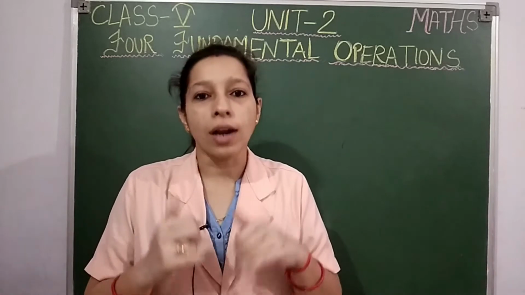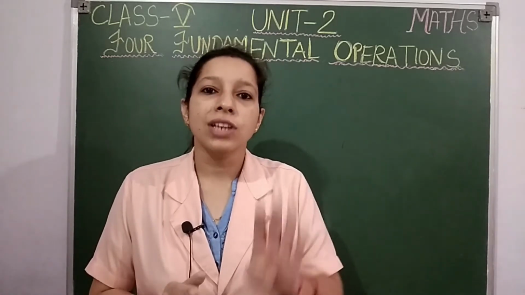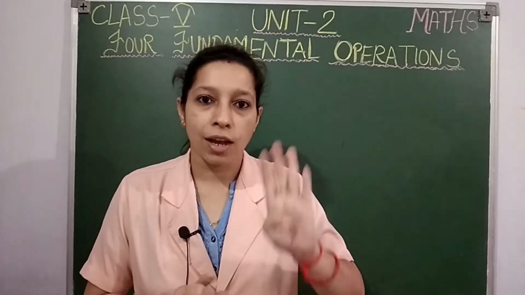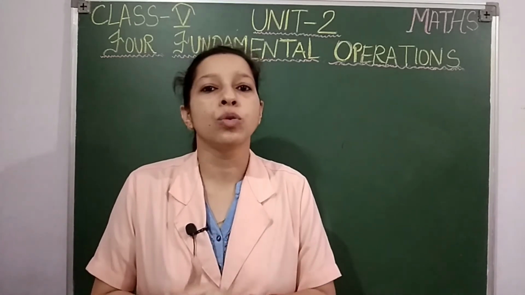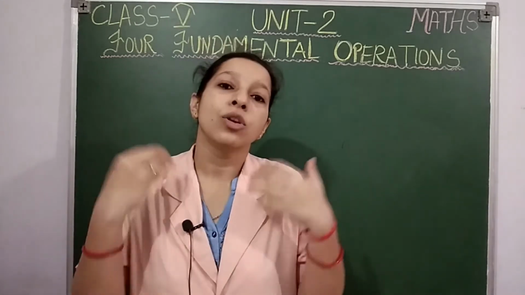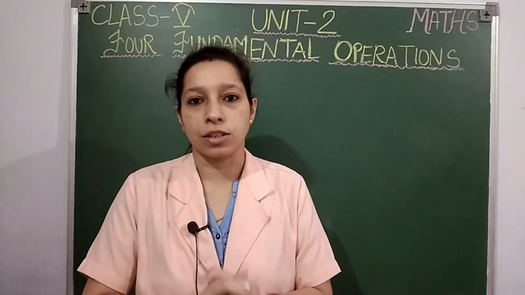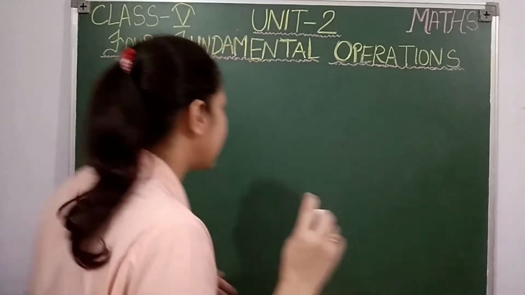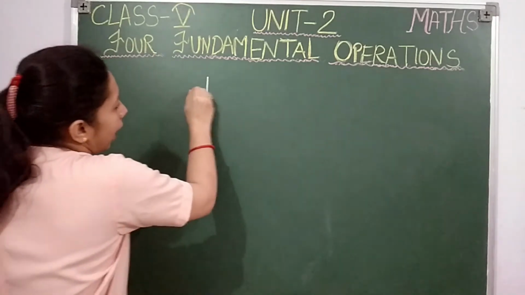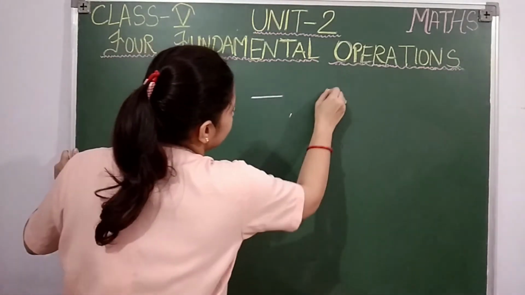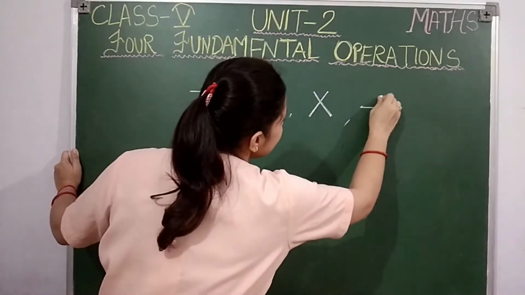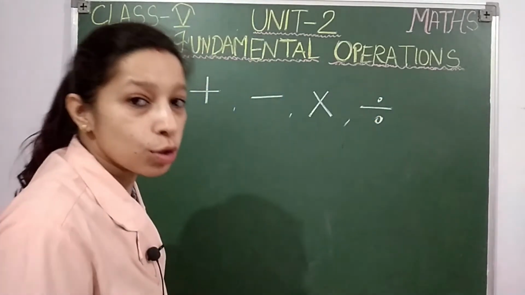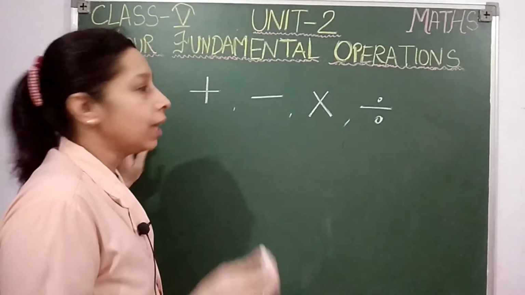But in maths we just have 4 instruments, 4 things by which we will do the operations, and you are already using those things. You are already doing the operations. Let me tell you, then it will be clear to you. Have you seen this before? Yes, obviously you have seen this, and also you have used these symbols, isn't it?